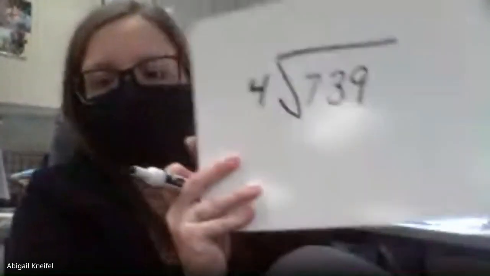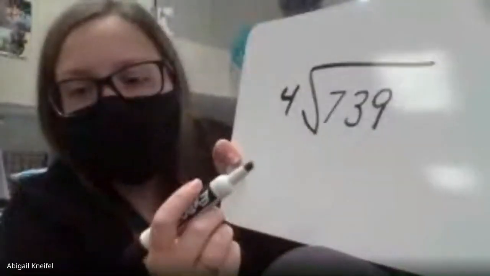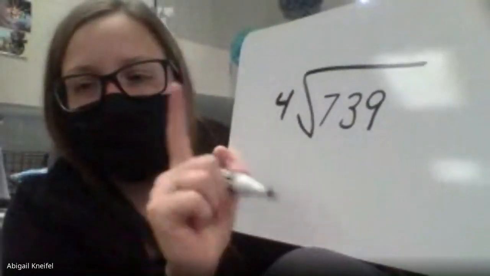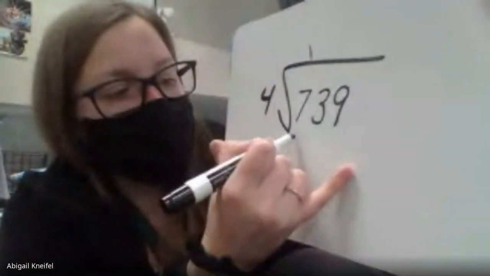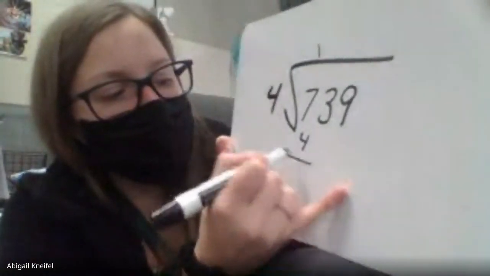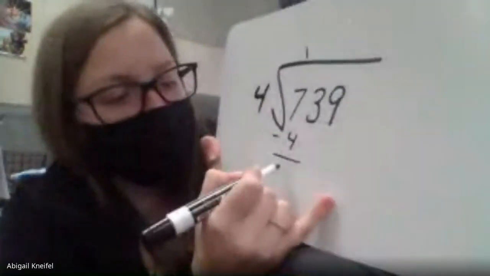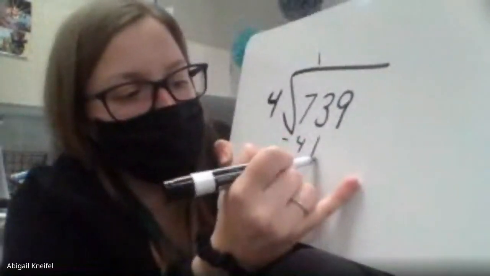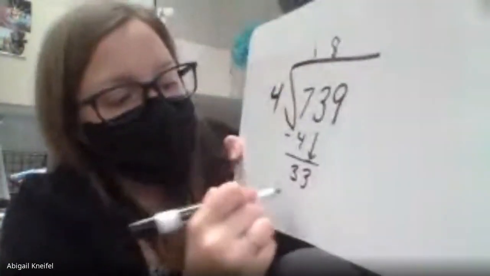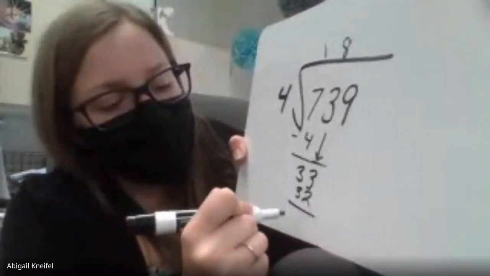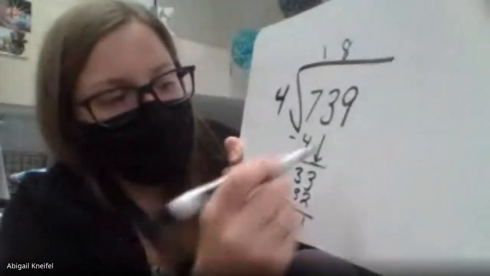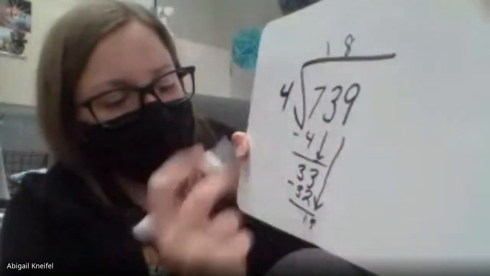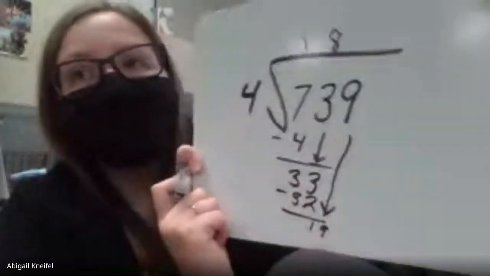Going to walk through it. 4 can go into 7. It can go into 7 one time. So 1 goes above the 7. 1 times 4 is 4. 7 minus 4 equals 3. Bring down my 3. 4 can go into 33 8 times, which is 32. 33 minus 32 is 1. Bring down my 9. 4 can go into 9